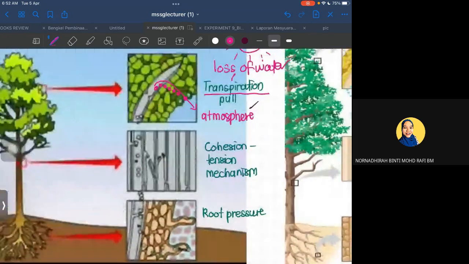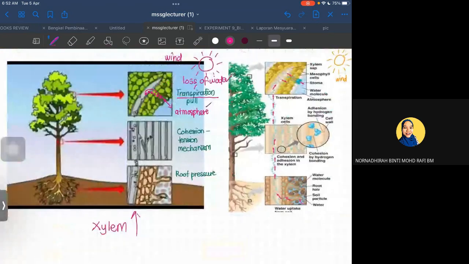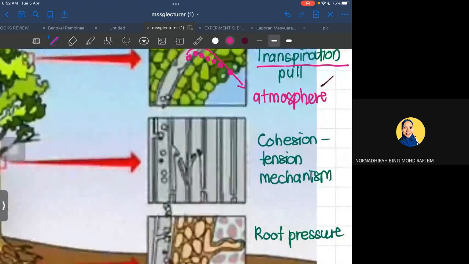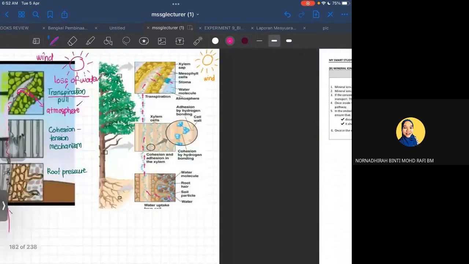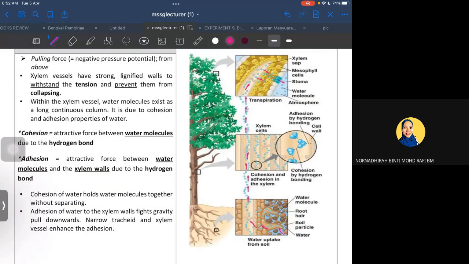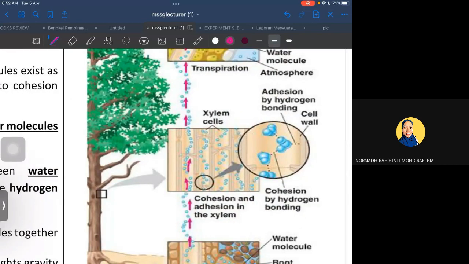And then the second is cohesion tension mechanism. Okay, mudah je ni. So awak boleh nampak kat sini yang saya kata tadi, water sebenarnya kat dalam xylem dia dalam bentuk string of water. Dia dalam satu benang air yang mana kalau cohesion tension mechanism dalam buku awak ni dia kata plant ni ada cohesion and adhesion. Cohesion ni dia adalah because of